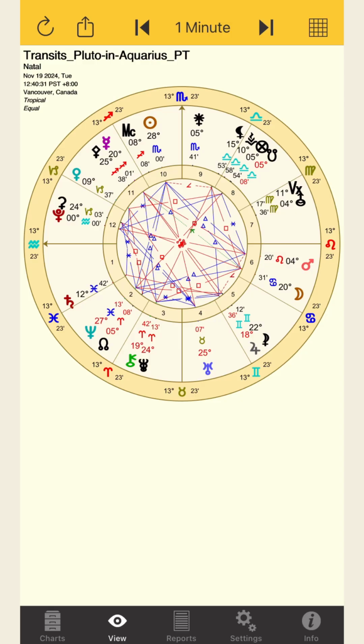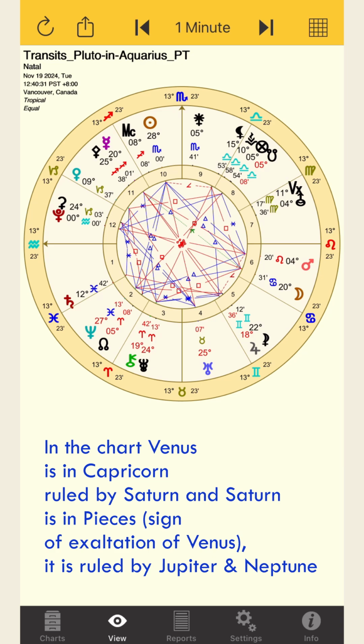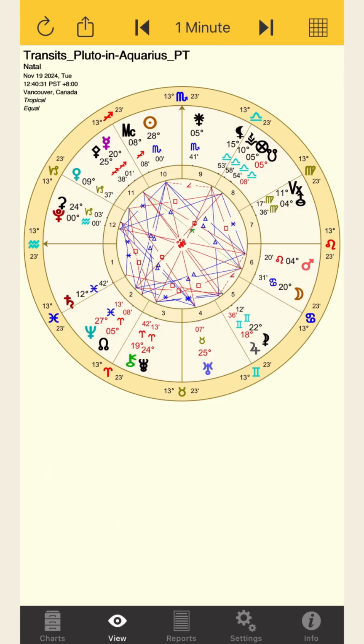It's the ruler of Capricorn, so they are connected through those signs. They are not completely uncomfortable there, even though they are not in the sign of strength for themselves, but if they cooperate, they can be together. So possibly countries like Canada and the US, for example, might be dealing with